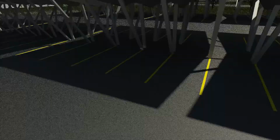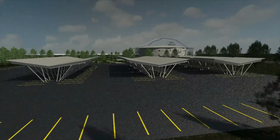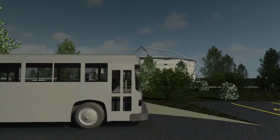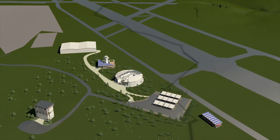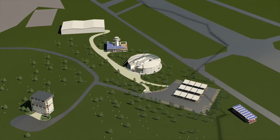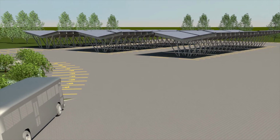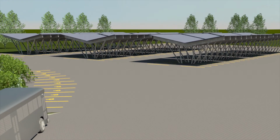With the environment at the forefront of the design, Aurora have provided the spaceport with a dedicated electric bus service that runs every 20 minutes during peak times and also serves the existing airport on the north of the runway. To ensure the sustainable running of the bus service and the spaceport complex, Aurora have installed 96 of the bays with solar panel roofs to power the fast charge buses, private electric cars, and supply any extra energy to areas